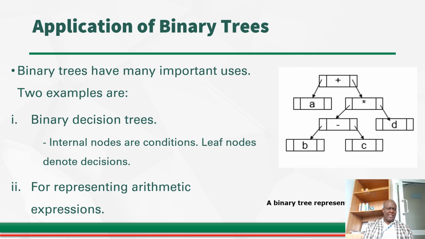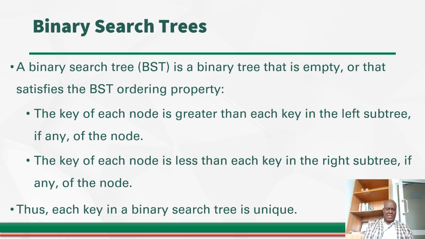Where do we apply binary trees? Binary trees have many important uses, and 2 of the examples we are going to cite are: 1, binary decision trees. They are used with internal nodes denoting conditions, and the leaf nodes denote decisions. Also for representing arithmetic expressions. Then we have the BST, binary search tree, which is a binary tree that is empty